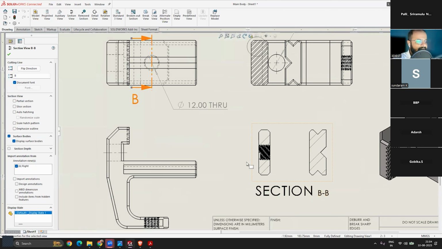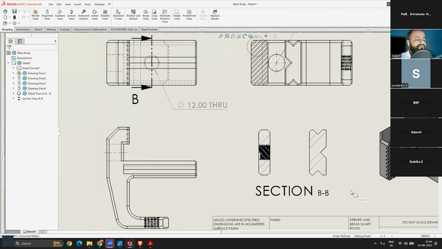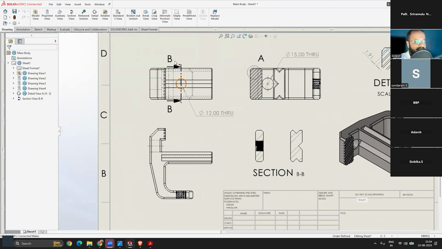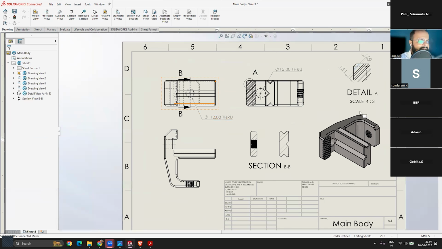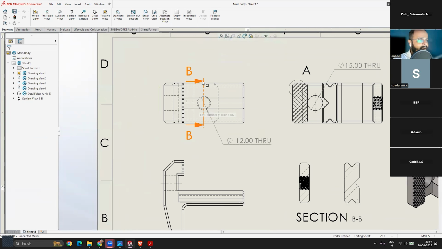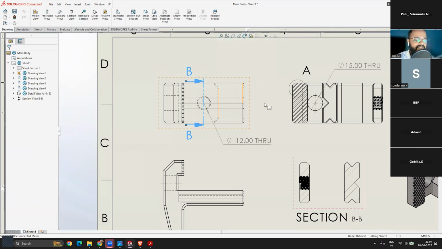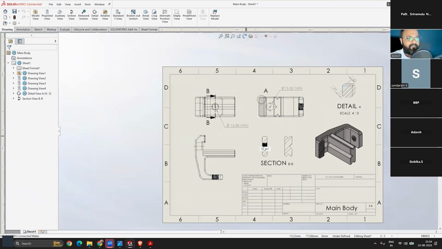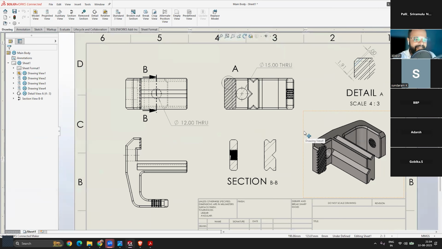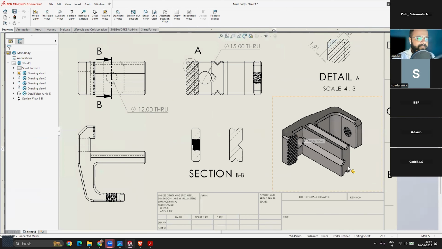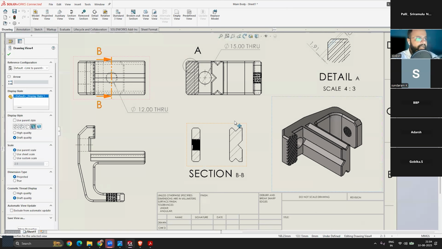The moment you flip the direction, you can see this is the detail we'll get if we make a section view at this particular axis. So this is the view we'll get. All the things are working instantly across your drawing, right? You don't have to depend on making changes manually like we used to do in AutoCAD drawings, where we have to make changes by thinking from our visualization. In SolidWorks, things are connected everywhere. So at any point of time, if you make any change in the part, automatically